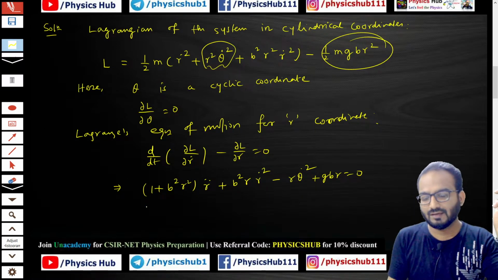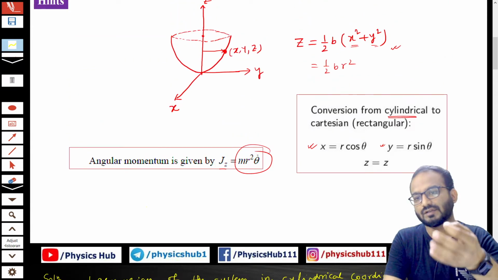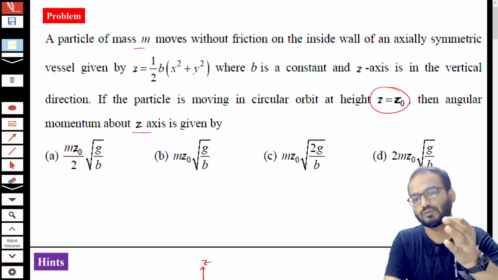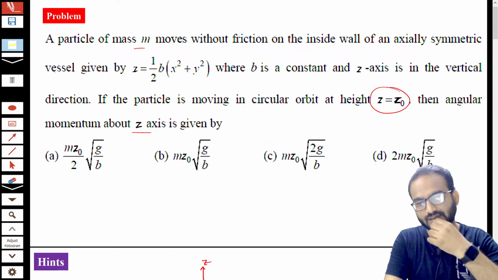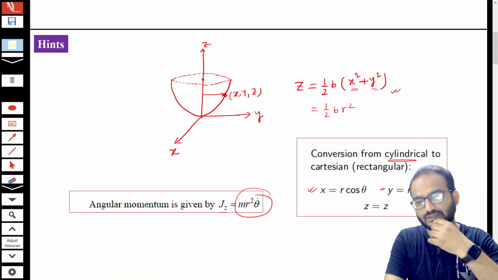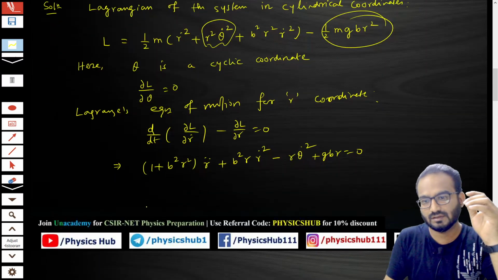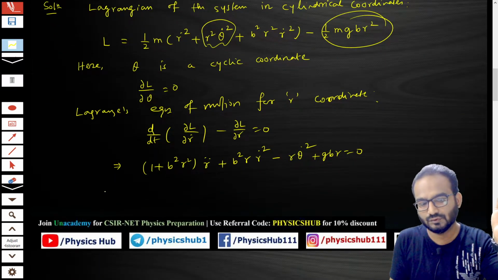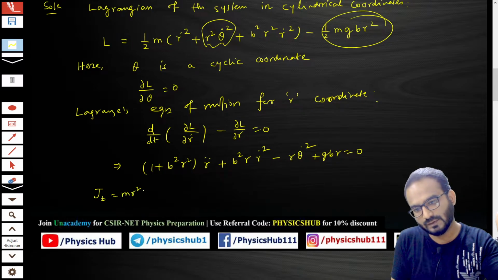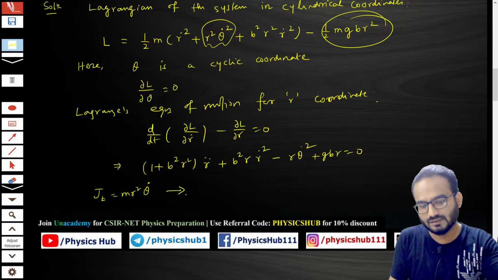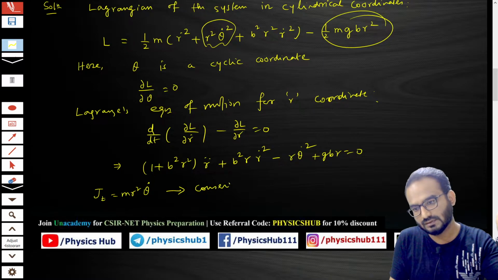Now you see the angular momentum. This is kind of central force motion, and for that angular momentum is conserved. Angular momentum along the z axis, Jz, is m r square theta dot. This is constant because it's a central force motion. So Jz equals m r square theta dot. This is conserved during the motion,